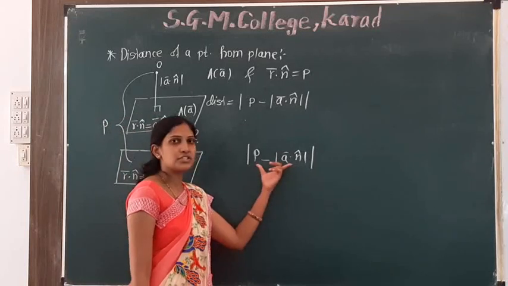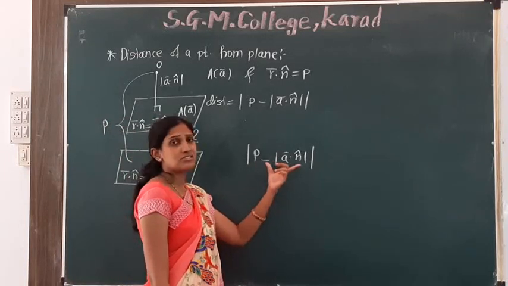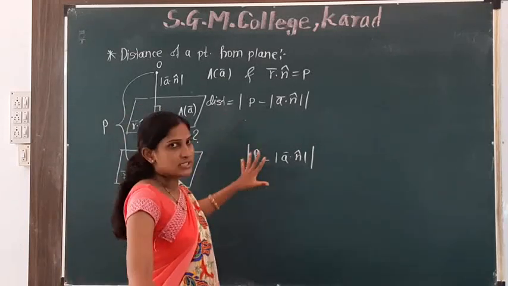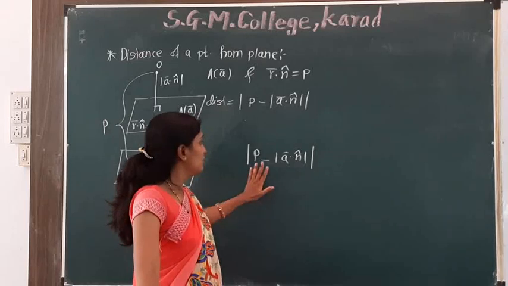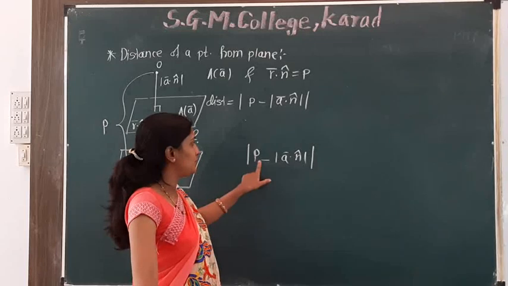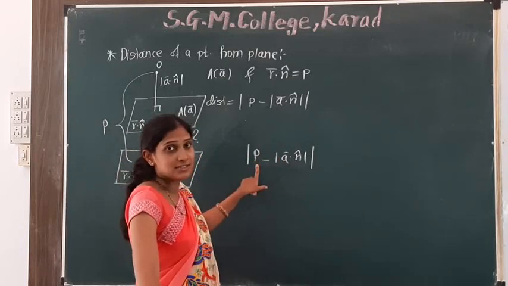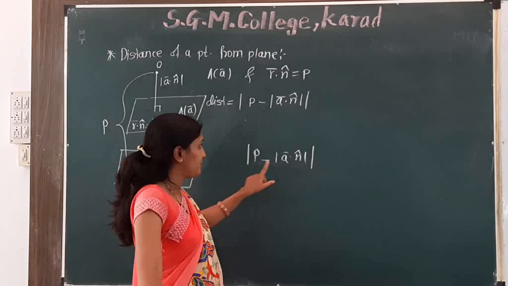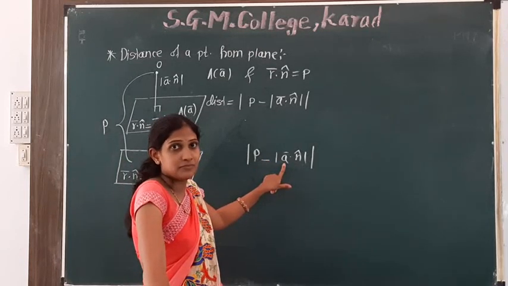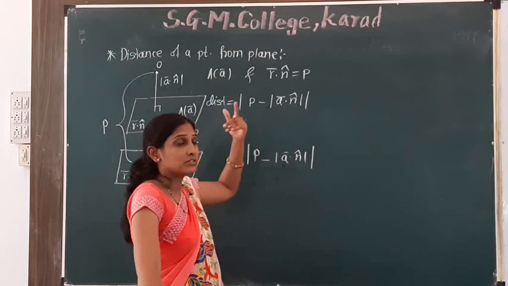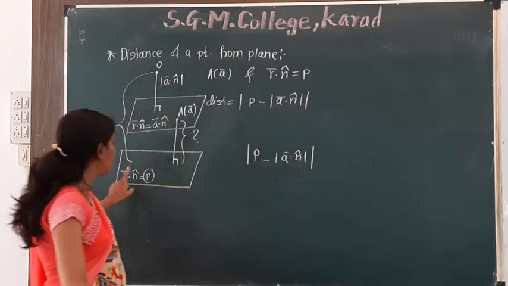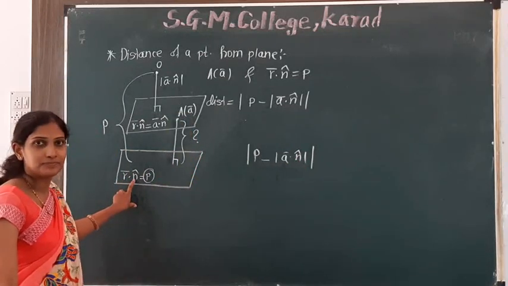We have just this formula for the example. We can't derive this in examination. We have just only formula. You just remember that formula. What is the value of P? What is the value of A bar? P is the distance of a plane from the origin. A bar is a point in a space, and n cap is the normal to the plane.